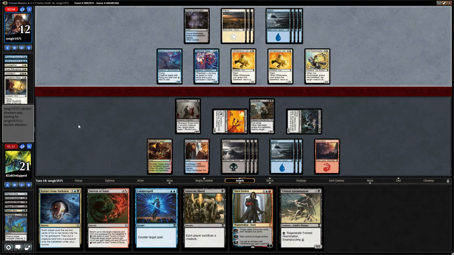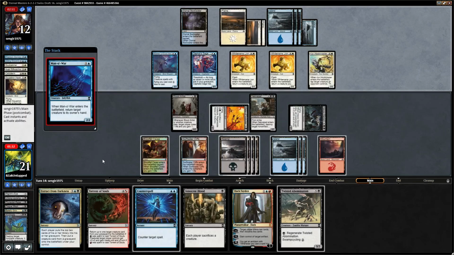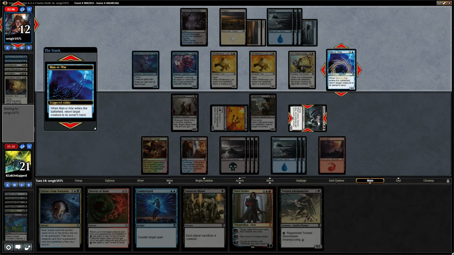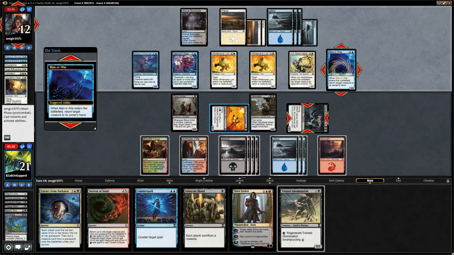We are just very much in control of this game. What's Manowar gonna do? Who's it gonna bounce? Bouncing my Havoc Demon. I think this is where we just sack, and then we can play Abomination, and yeah, okay, so we're just going to...